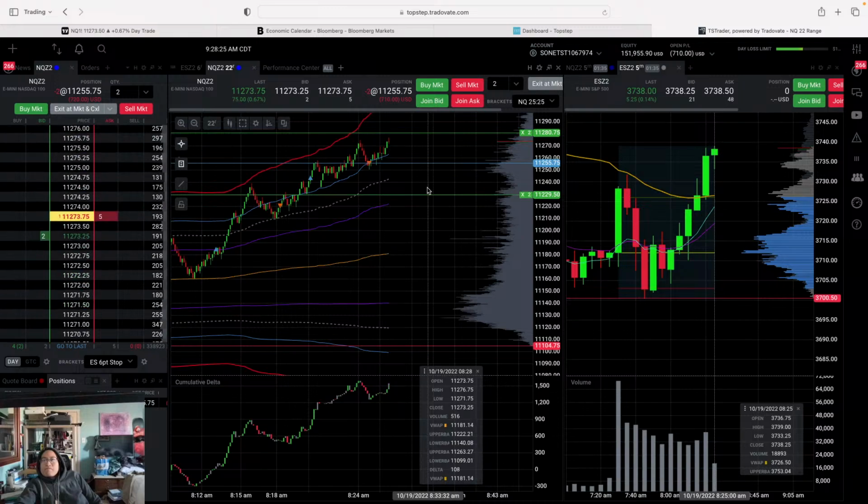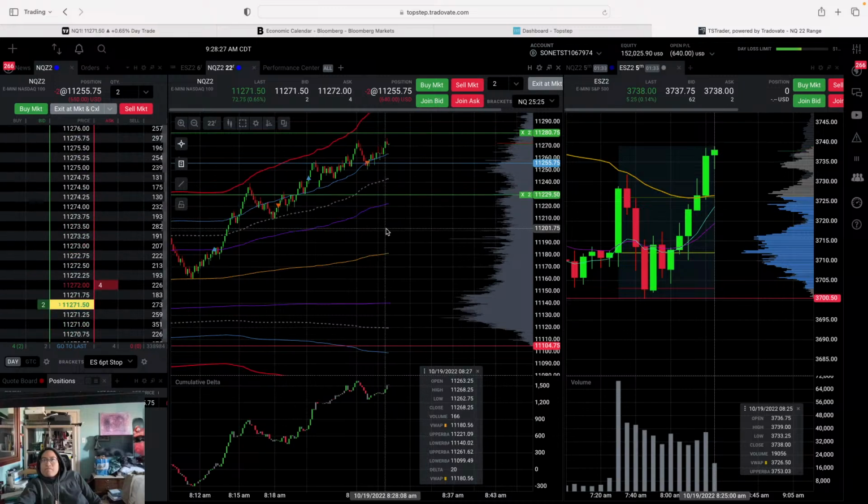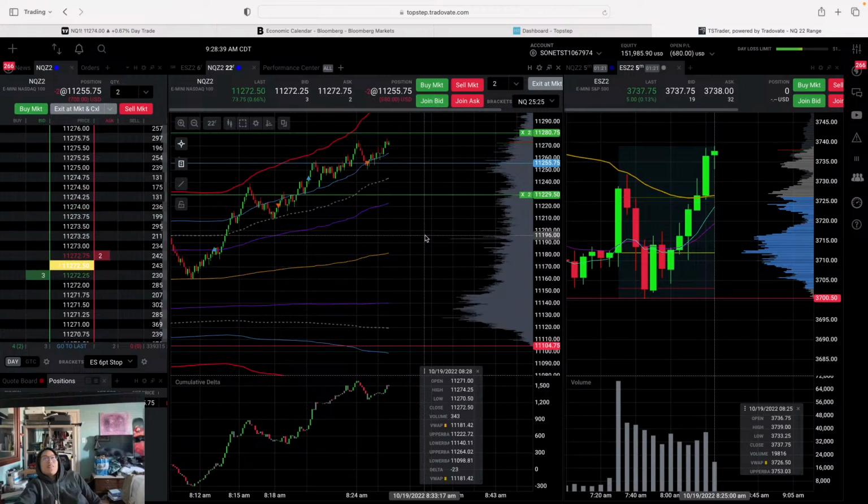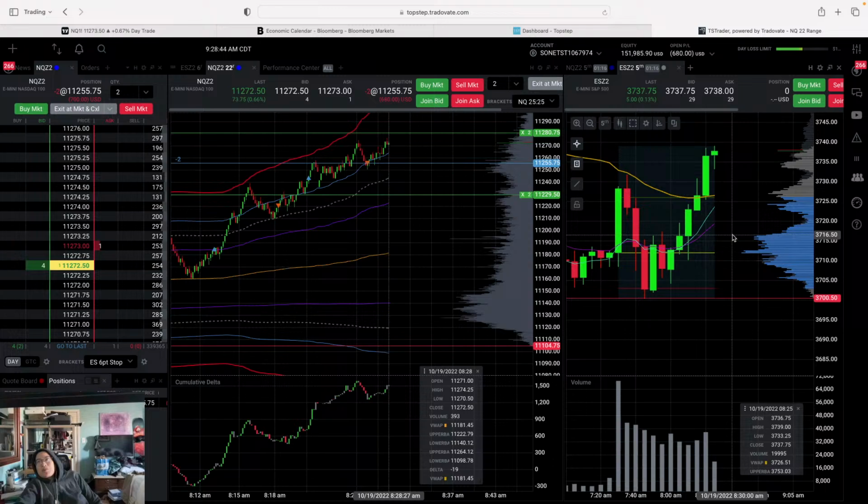Hmm. I mean, just come back down a little more and make a nice peak, and then you can go all the way down. Maybe. I don't know. Maybe not. Like, we could just be pushing up